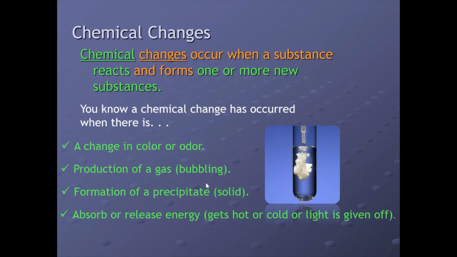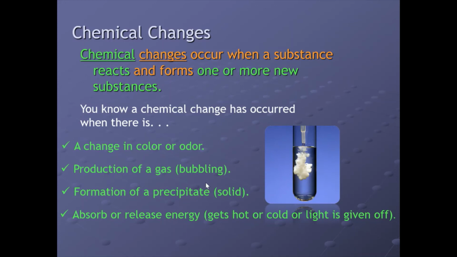Milk is a little bit thick depending on the kind of milk, but as it starts to get rotten, it starts to go bad. You will notice that it starts to turn a greenish color. And then there's also a change in the odor, right? Milk starts to smell sour. Sometimes a gas is produced. Sometimes there is formation of a precipitate or a solid, and you can see that in milk too. With that same example, usually chunks of milk start to form, a precipitate starts to form in that rotting milk. And then it absorbs or releases energy, such as getting hot or cold, or light is